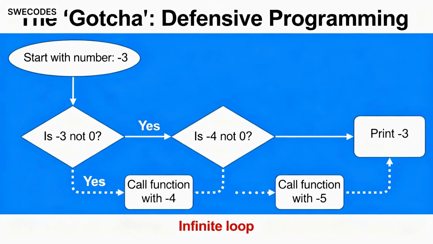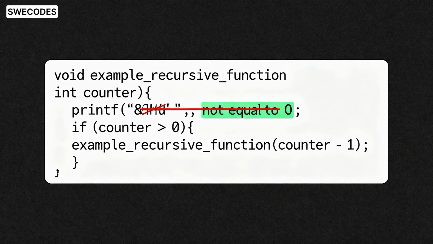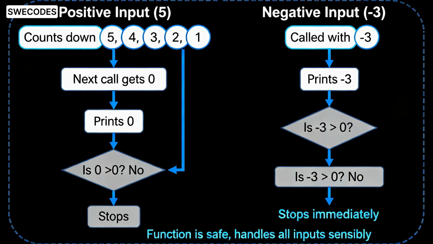The fix is to practice defensive programming. Our stop sign isn't specific enough. Let's change the condition from not equal to 0 to greater than 0. void example_recursive_function(int counter) { printf("%d\n", counter); Our robust stop sign: if (counter > 0) { example_recursive_function(counter - 1);